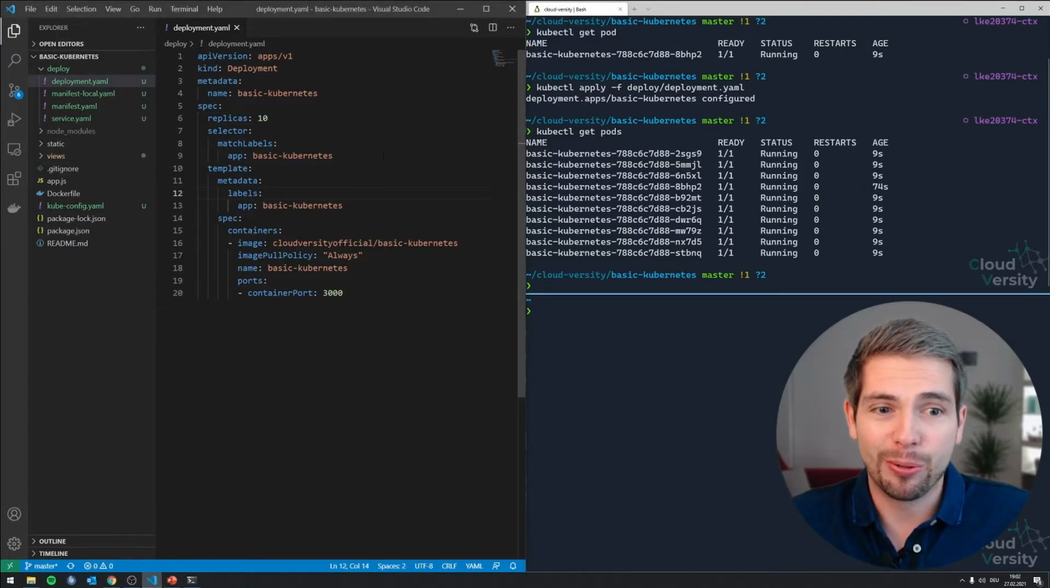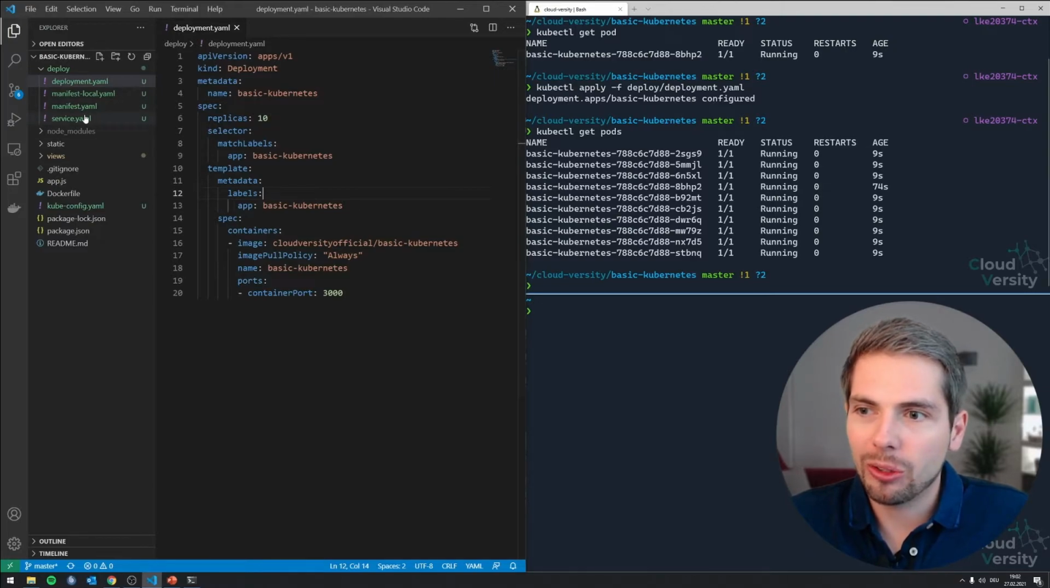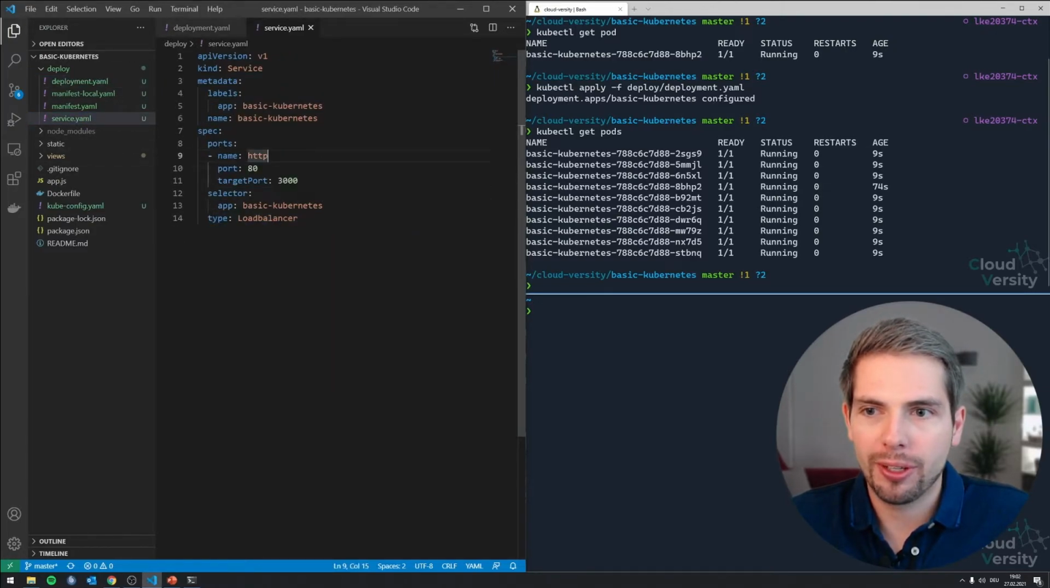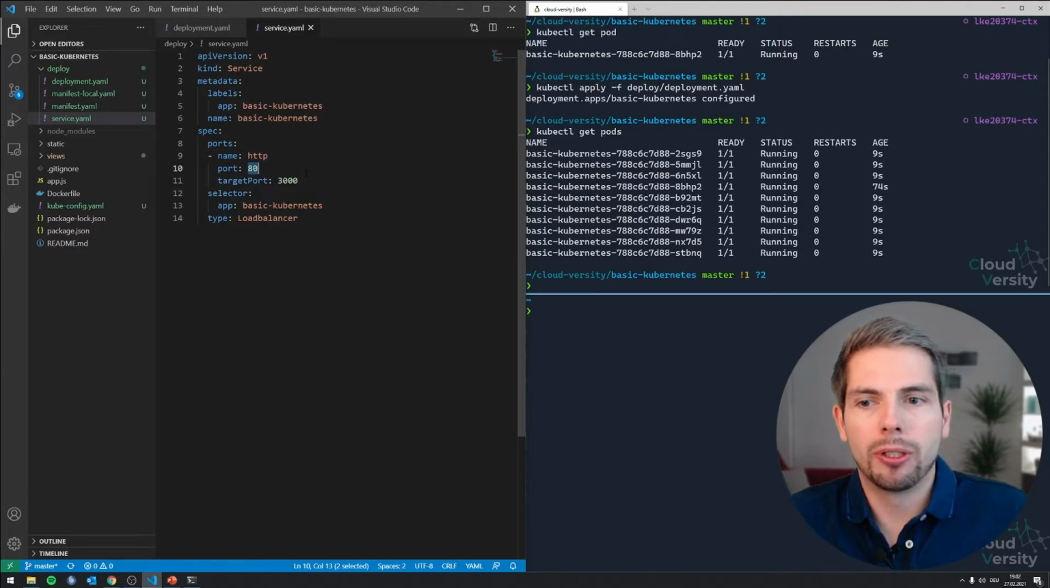Okay, the next step is to create a service, which will then expose our application to the outside world. I also created a service YAML here for this. As you can see, it's a really short YAML file, just 14 lines of code. This one also has metadata. It also has specs. It will listen on port 80, and it will redirect the traffic to port 3000 to a deployment where the